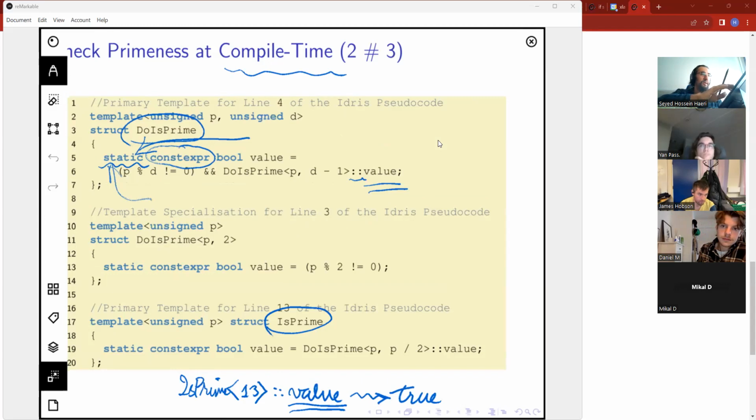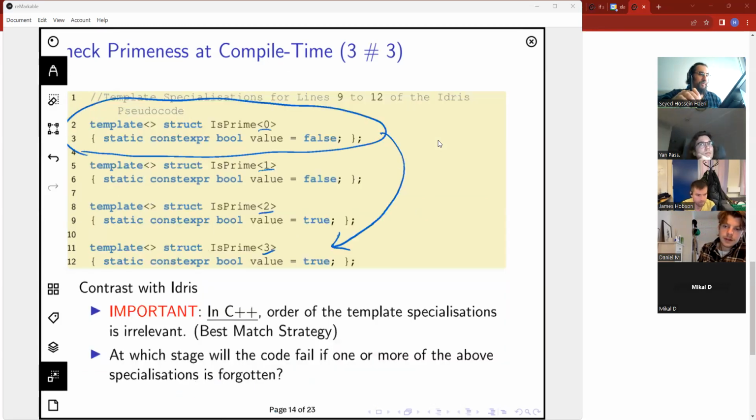So that's something you have to be careful about with respect to the match strategy of C++. In C++, template overload resolution and likewise specialization resolution is always based on the best match rather than the order of appearance in the source code.